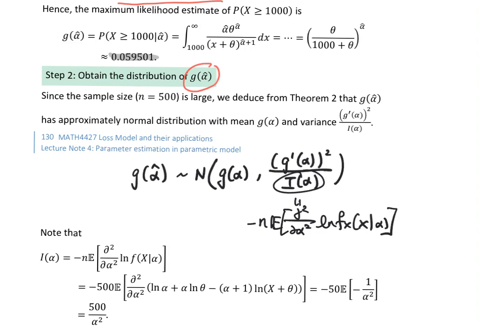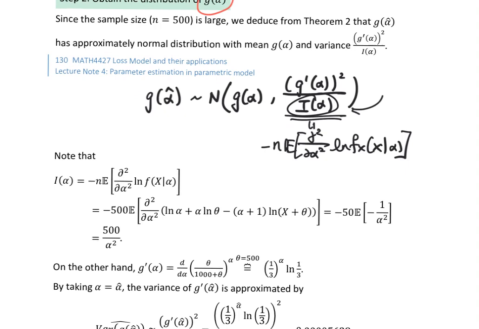Now, in order to move on, it looks like you need to compute this number. First of all, you can compute this I alpha first, which is equal to minus n times this expected value of the second derivative. Now again, to compute this expected value, first of all you substitute the